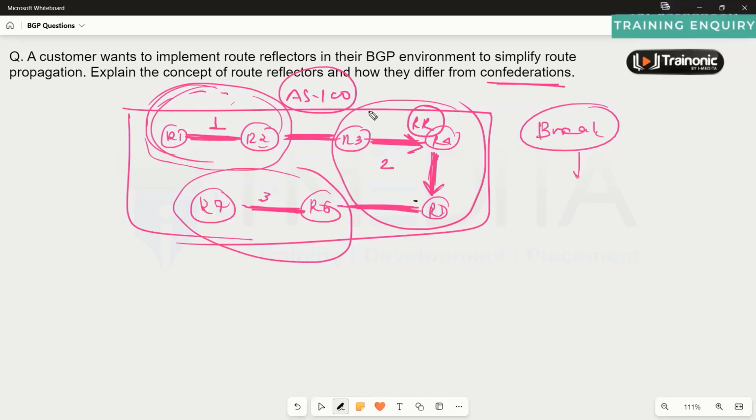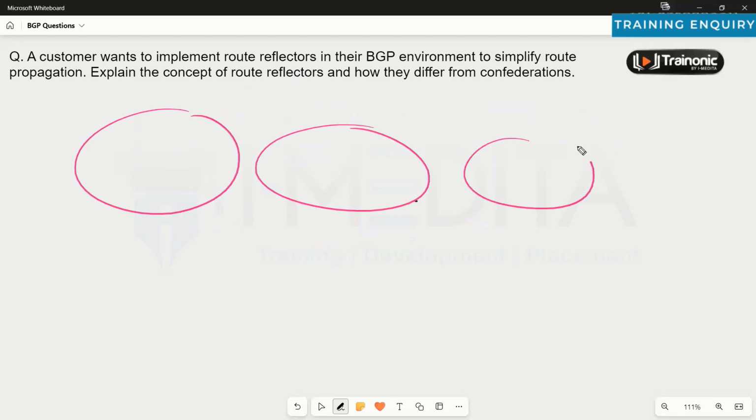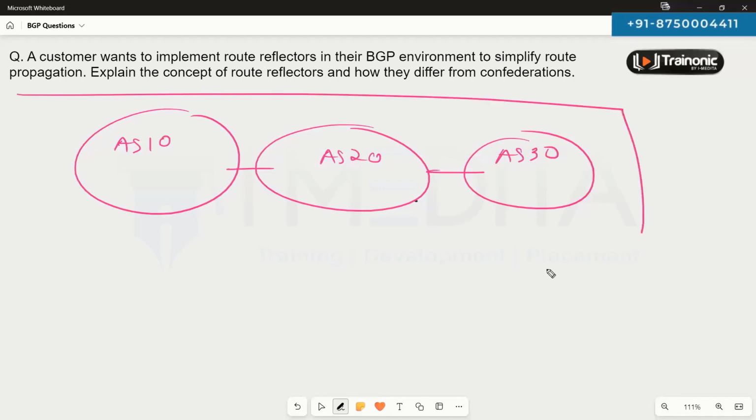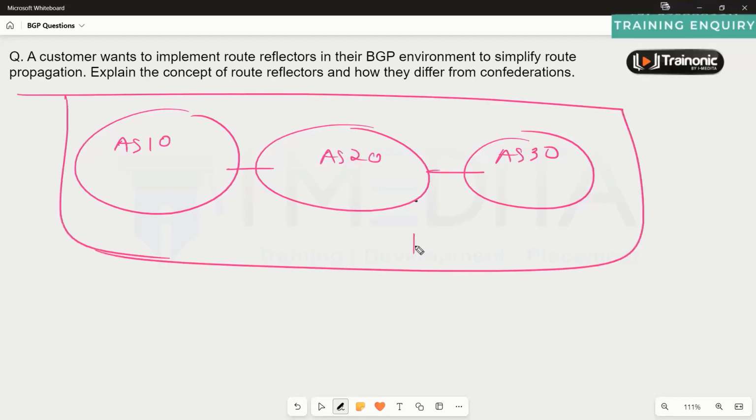Based on the requirement, companies can go for the route reflector if they have a big network, or maybe there were multiple organizations and some sort of merger has happened. This was part of AS10, this was part of AS20, this was part of AS30. They all have formed some sort of BGP neighborship. So a merger has happened and all of them now belong to the same autonomous system, BGP, let's say, for